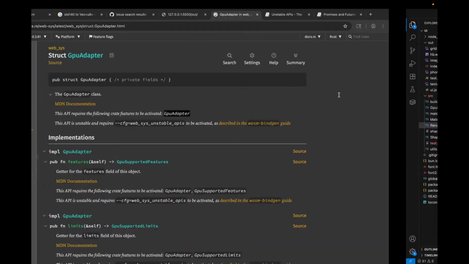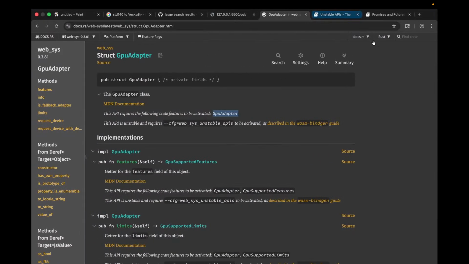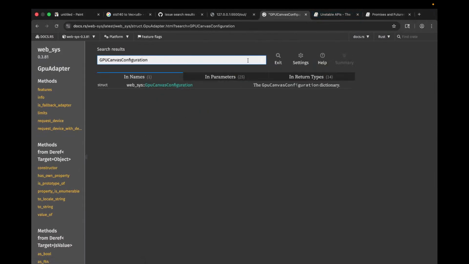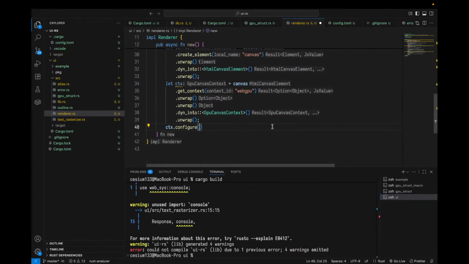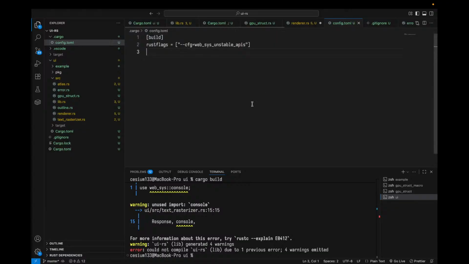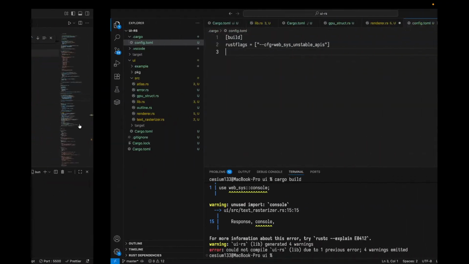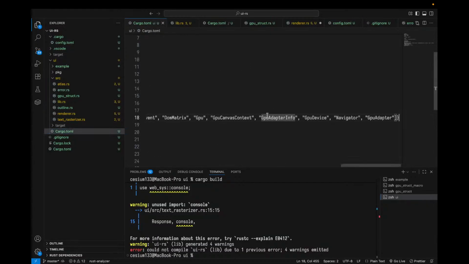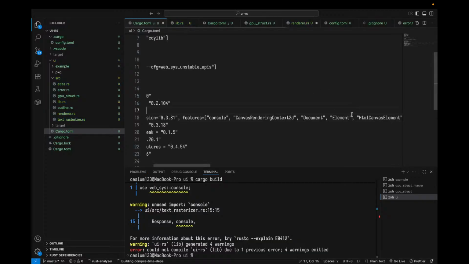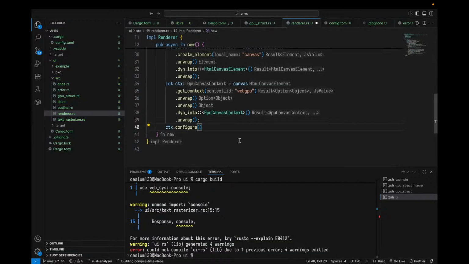Configure. Is this a thing? Oh yeah, so basically how it works is check whatever TypeScript you have, and then you probably won't have the feature activated, so you go